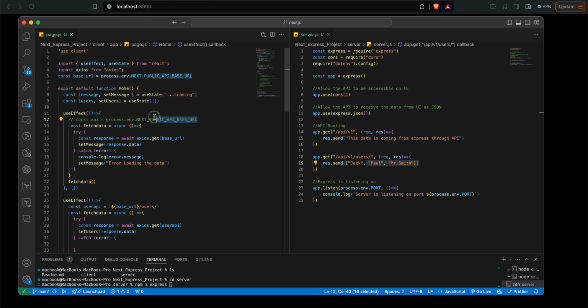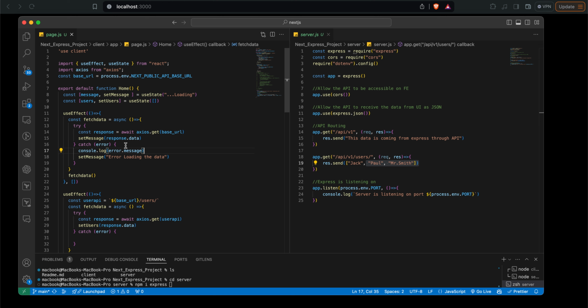So we are calling fetchData because this is going to be a promise, so we have to use async and await, and to use await we have to create an async function. So we are creating an async function named fetchData, and we are declaring that function as async. And inside this function, we don't strictly need try and catch,